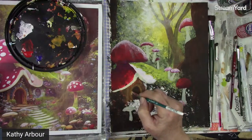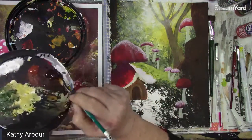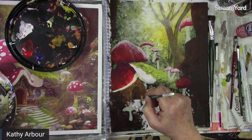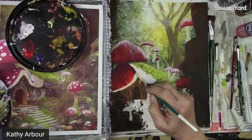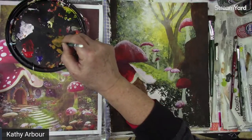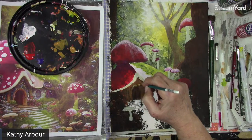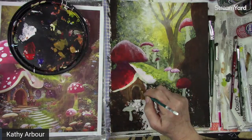Let's see. Then we can go into the dark. Back to the light. And back to this one here. Maybe even some white. Let's see. Be lighter on the top. And inside there, I think. So a little bit on my tip of my brush. There's some